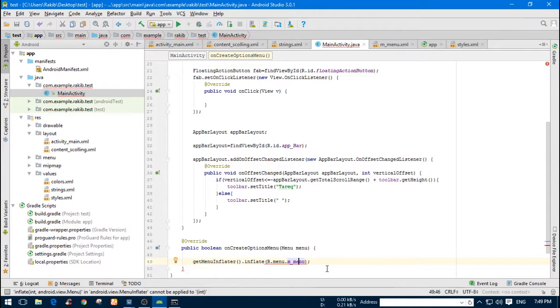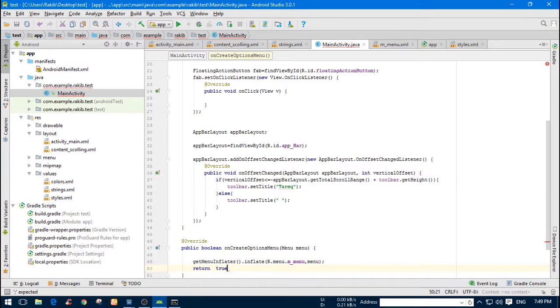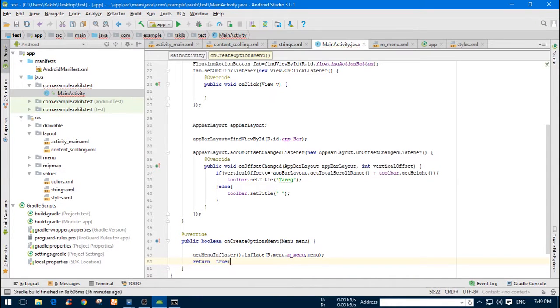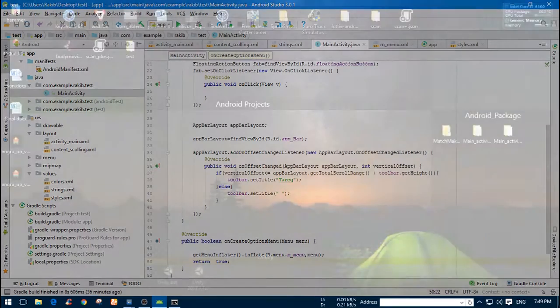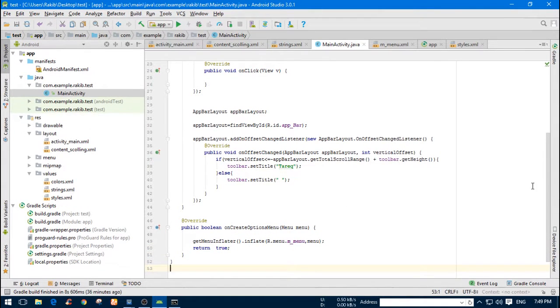That should be right. Menu, yeah, that is done, and return true. Return true, that's it. And as you know, if we need to do anything, you can do it. And this line I'm